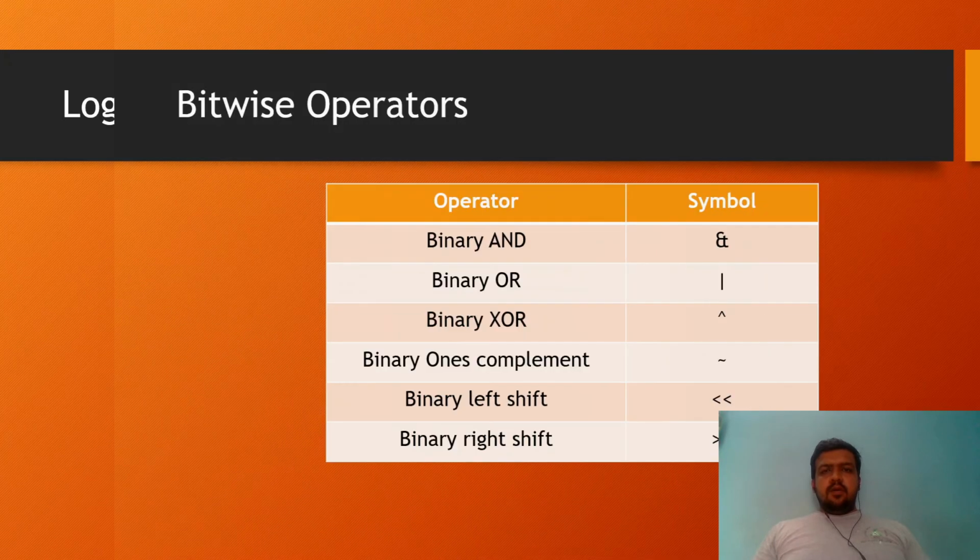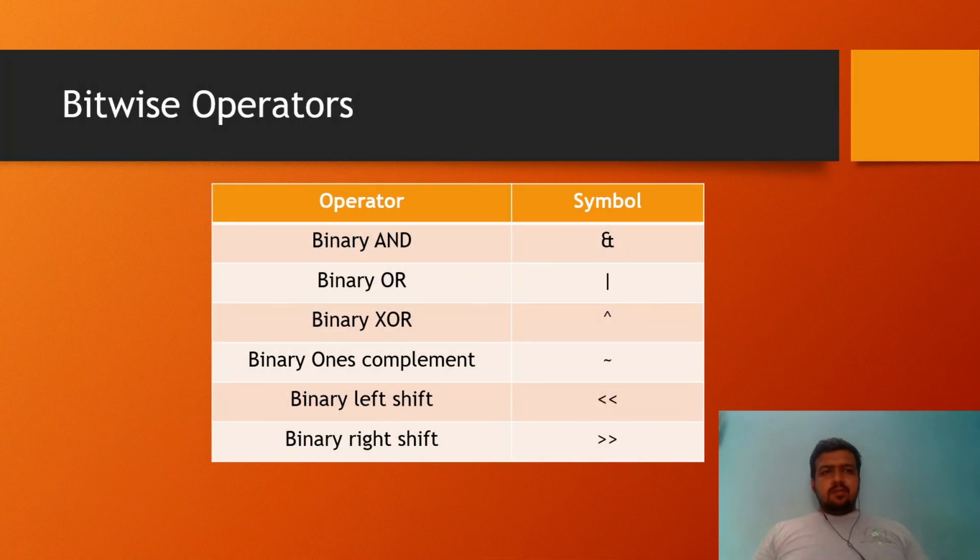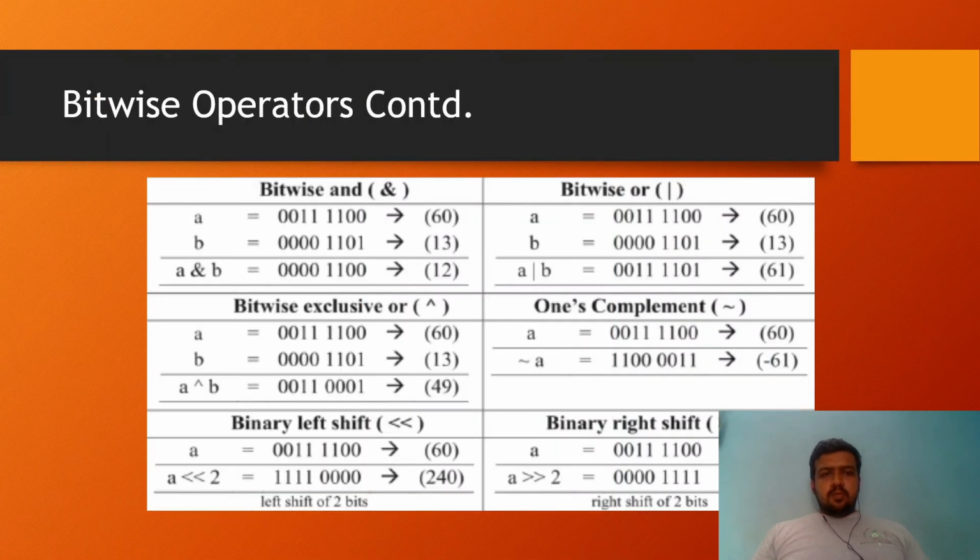So next up we have bitwise operators. These are also commonly known as binary operators. We have 6 bitwise operators: AND, OR, XOR, ones complement, left shift, and right shift. These are symbols that we don't need to memorize. You can easily Google them whenever you require. So let me show you the basic operations on it. If you know discrete mathematics, then it is very simple for you to get this right into your head. But let me explain it once.